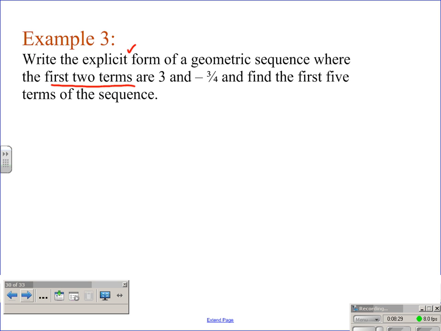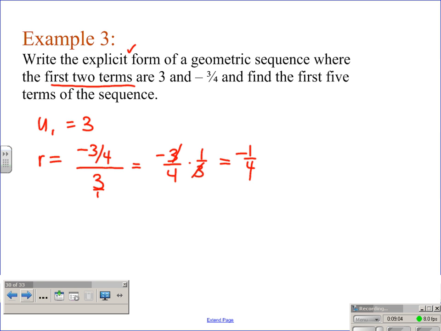So to do that, we know first of all that our first term is 3. We need to go and find out what our common ratio is. So we're going to take the second term, which is -3/4, and divide it by the first term, which is 3. And when we simplify that, if you remember operations with fractions, you've got -3/4 times, so this is actually 3/1, so I can say times 1/3, and the 3's would cancel, and I get -1/4. Okay, so R is -1/4, and then now that I have that, I can go ahead and write my explicit formula,